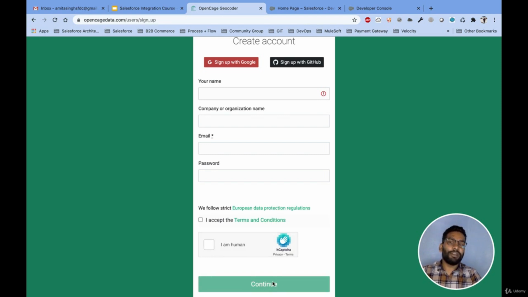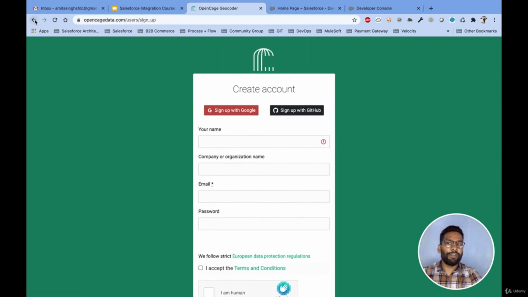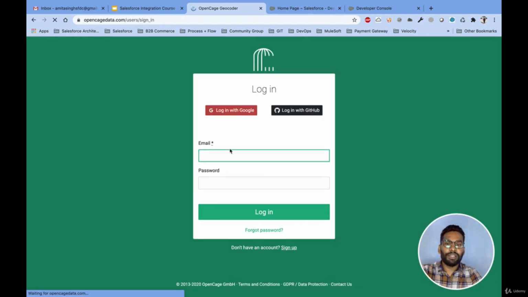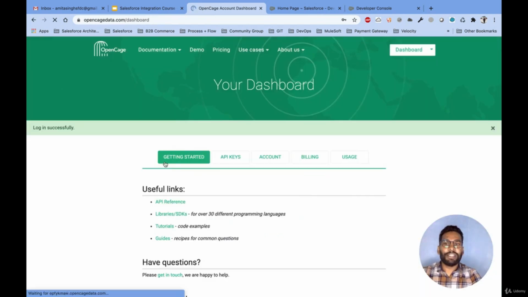And once you click on continue, you will get an email at the email address you provided, and then you need to verify that. After you are verified, you will be asked to log in, or you will directly be able to log in to the dashboard. So I already have that. I'll just quickly log in with my account. So here is my account,